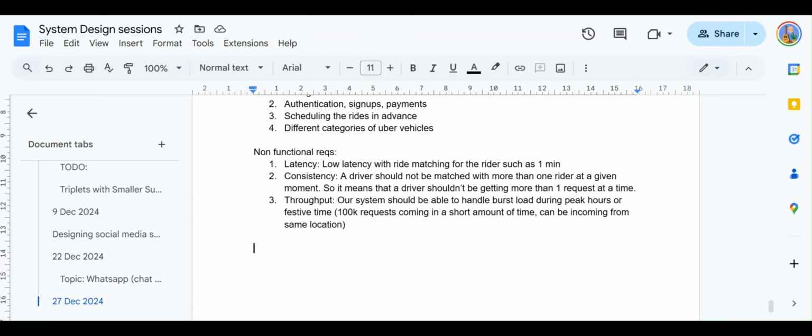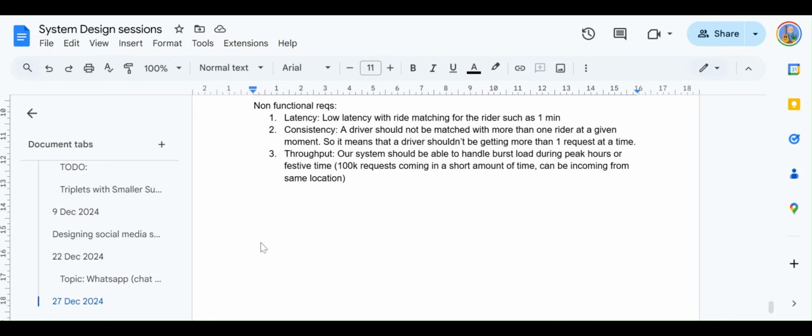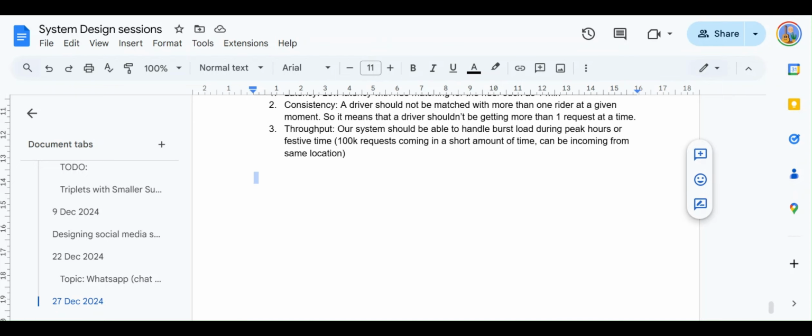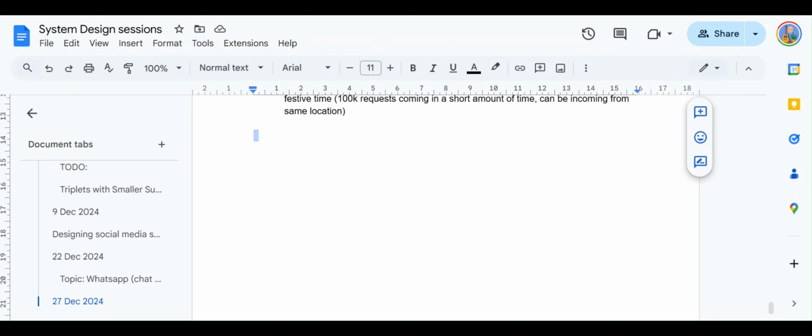From a staff role, even if you discuss the functional and non-functional requirements and then spend 5 to 6 minutes on capacity estimation, it's a waste of time. You're not going to get any brownie points for it.